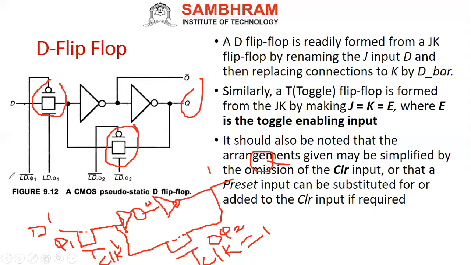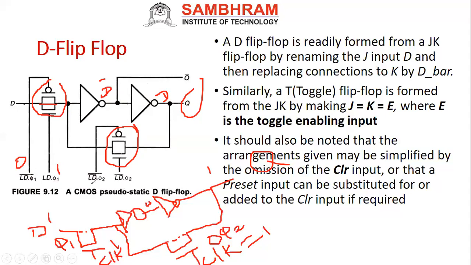Now here, the LD signal. What is the LD signal? The LD is nothing but load actually. You are just loading. There is another point: the load bar. When LD bar is equal to 1, then this will become 0. Automatically, what will happen? My D will get through like this. I will get the D. So if I get D, what will I get here? I'll get D bar. Here I'll get D again. So here also the same. At this time, when LD bar is equal to 1, your phi 2 will be 0 actually.